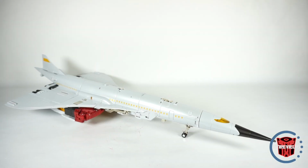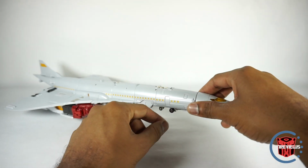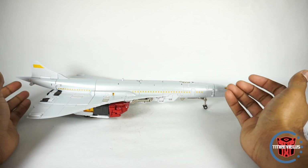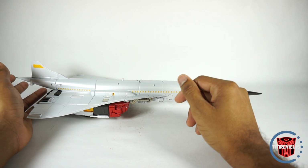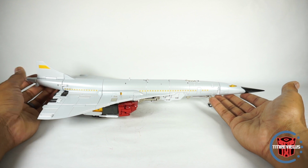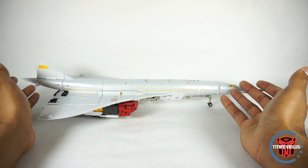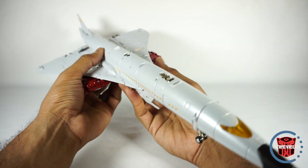So final thoughts wise, I think this is a really good figure, a good release by FansToys. If you already have the Zeta version of this figure, then you probably don't need this. We don't really know what the combined mode is going to look like or how stable it's going to be. So it's hard to say at this point whether you should get this or the Zeta. The Zeta definitely killed the combined mode, the Superion. So it's tough, right? This is such a good vehicle and robot mode,